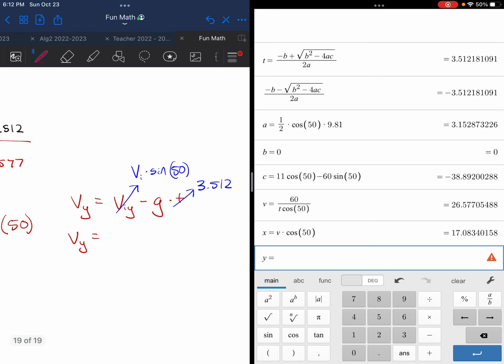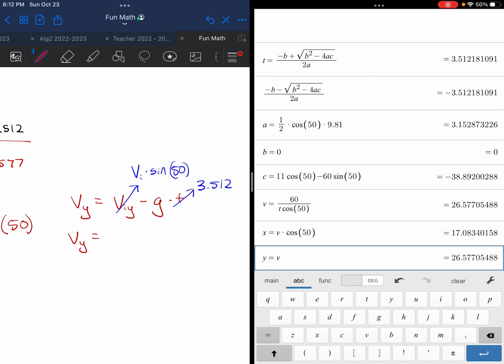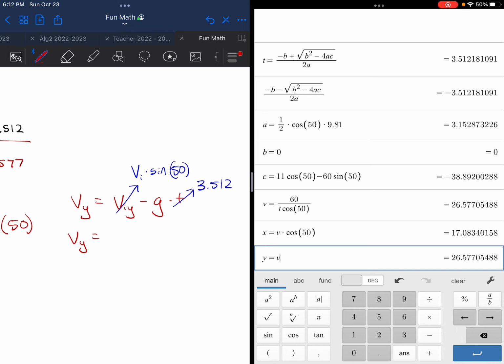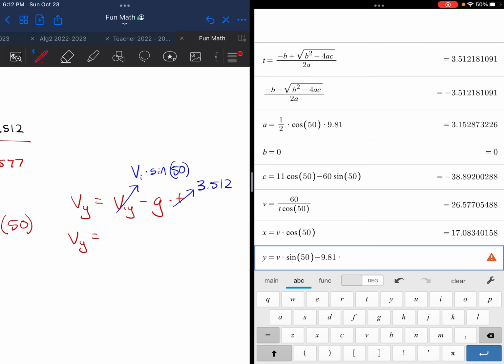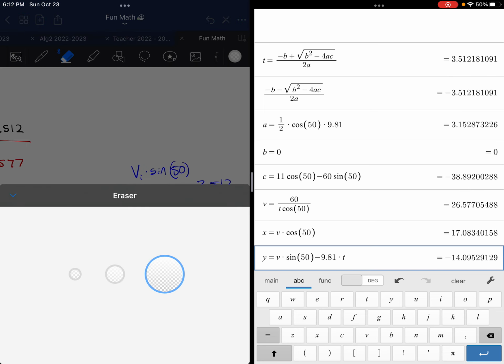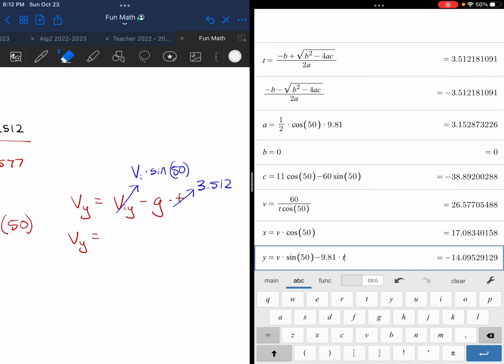It's going to be that v that we just found, the initial velocity, multiplied by sine of 50, and then I need to subtract 9.81 times that t, which I stored as a variable, so times t. And we get that number. Again, this is really an approximation. This is about negative